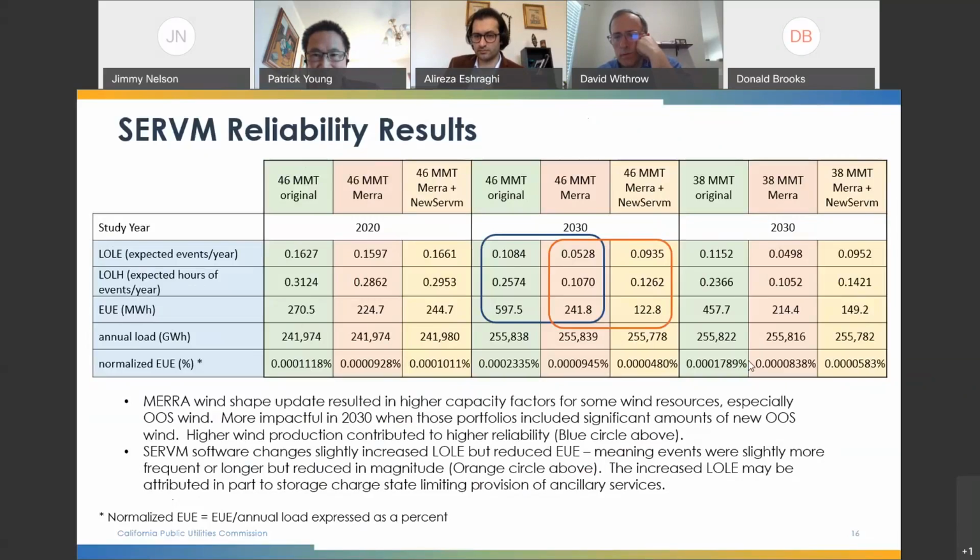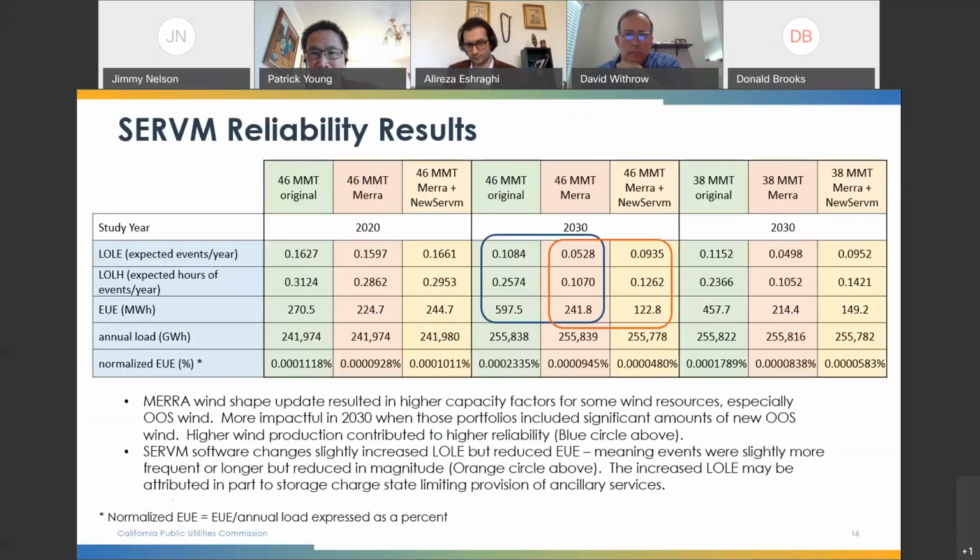That's a good question. I don't have an answer for that. I don't think it's that useful to compare these two quite different years. The composition of the fleet in 2020 is quite different from our assumed composition in 2030. 2030 has a lot more renewables and storage in the system, and the dispatch patterns are quite different.